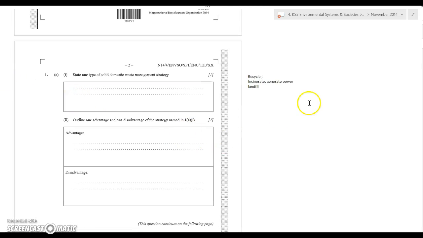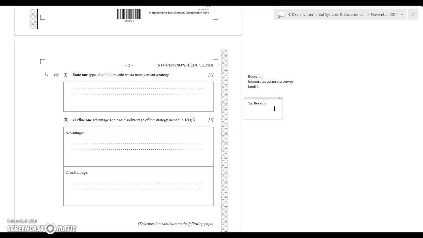And then an advantage and a disadvantage. Well, incineration, it's expensive. Landfill, inexpensive, and I don't really know an advantage for landfill. Recycling, I suppose the advantage is that you're not using the original resource, and a disadvantage is it still takes energy. Okay, so I'm going to go with recycle. So I actually looked at the second question before the first one. So 1A, recycle. And that's all I'm going to put.